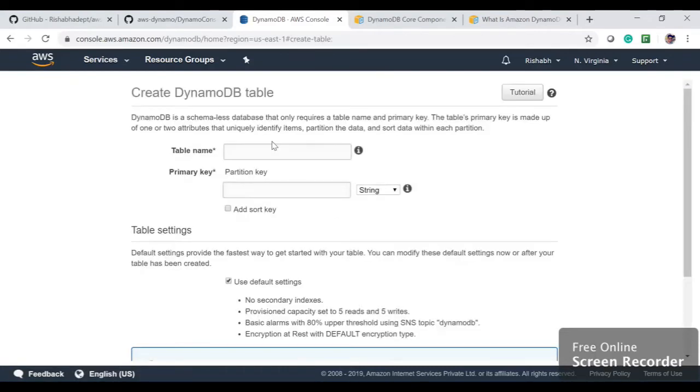When we want to create a table, we can provide the table name and a primary key. However, there are two different types of keys here, partition key and a sort key. Partition key is always mandatory, sort key is optional. So why can we use two different types of keys and in what scenario will it be required? When you're using a partition key, it's a single key, but when you're using a partition key with a sort key, it becomes a composite key. So a composite key can be a primary key, or a partition key alone can also be a primary key, depending on our requirement.